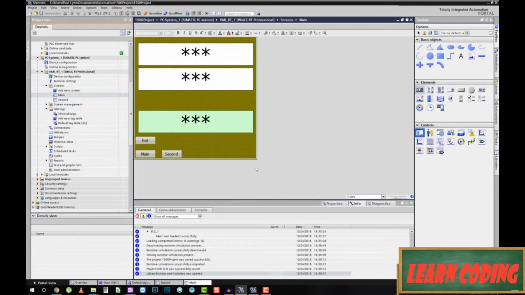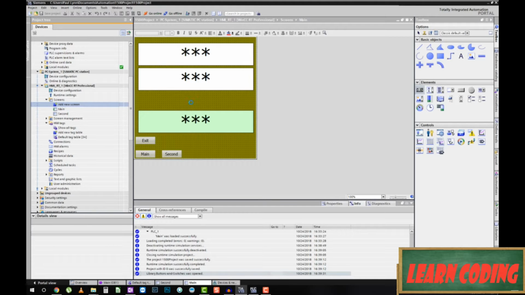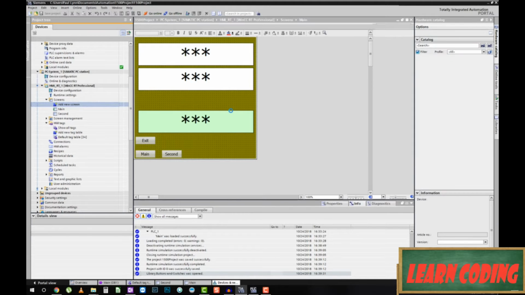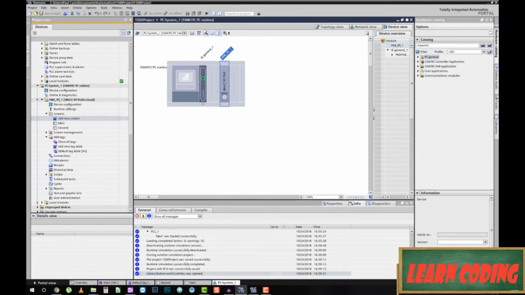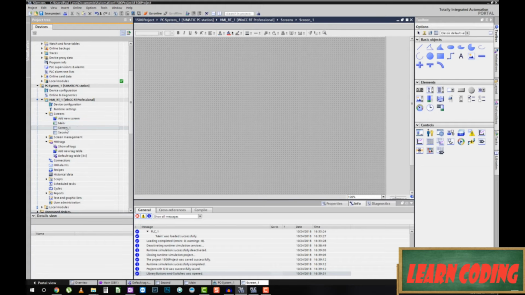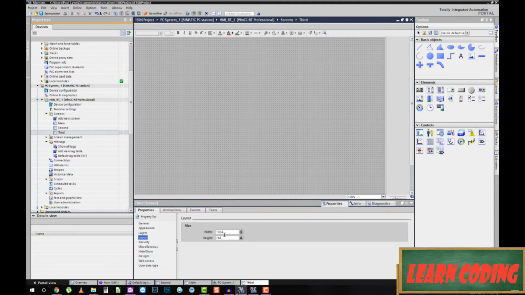So check this out. We've got our screen, and I'm just going to go ahead and create a new screen because I want to use this for showing you the library. Why did it go there? What are you doing? Come on, I'm double clicking on add new screen. Be good about it. And I'm just going to call this third. Okay, and let's click on the screen, click on properties, layout,